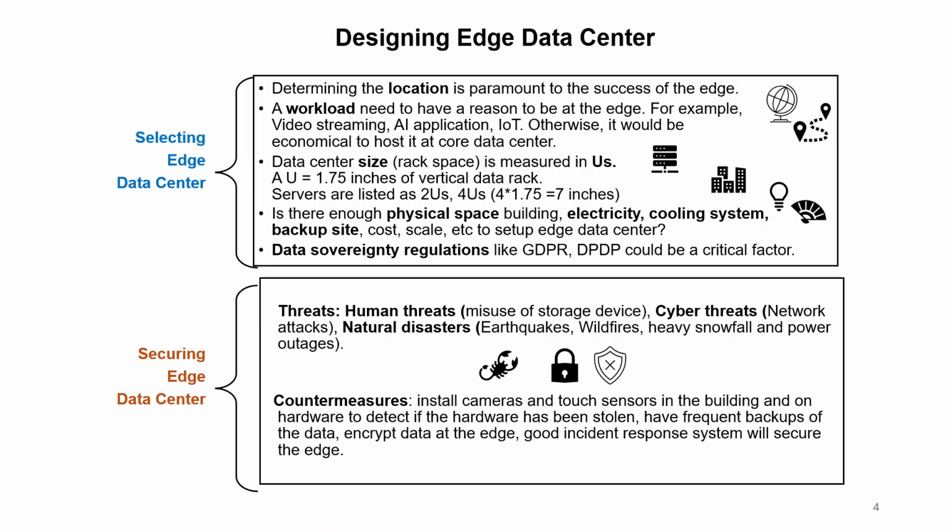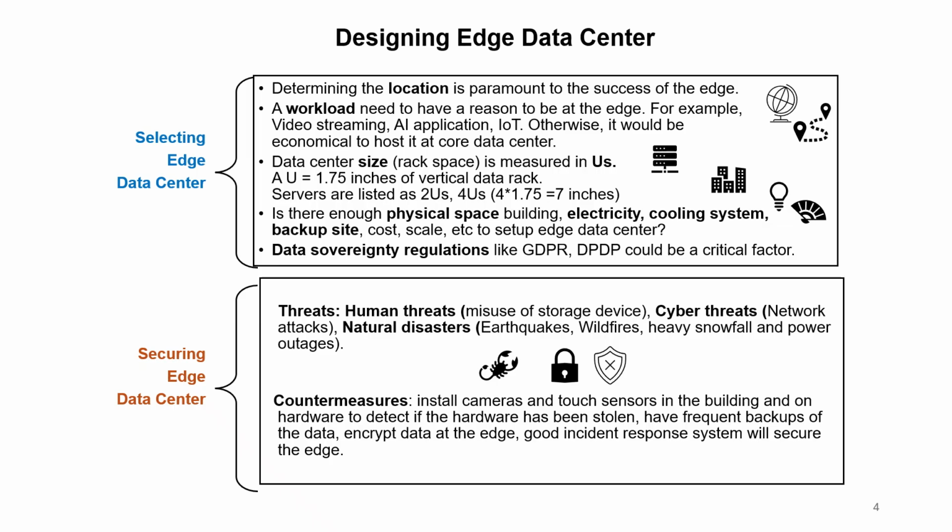government places strict constraints on storage and movement of citizens' data within the country and outside the country, like GDPR, General Data Protection Regulations by EU, DPDP, Digital Personal Data Protection Act in India, and California Privacy Act CCPA. After selecting the edge data center based on location, workload, basic amenities, government regulations, the next important design consideration